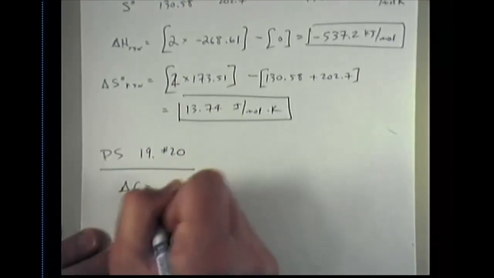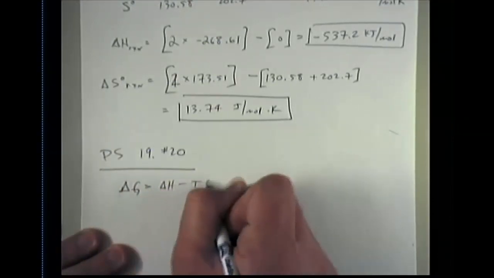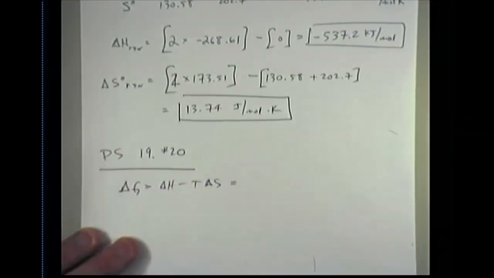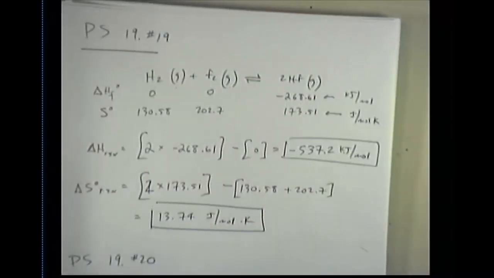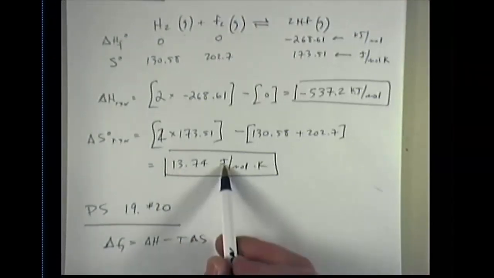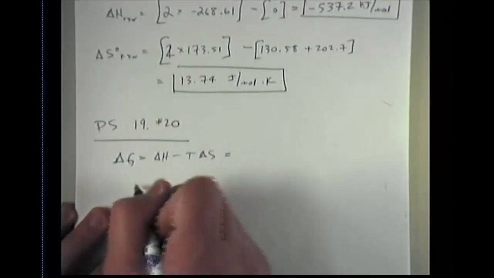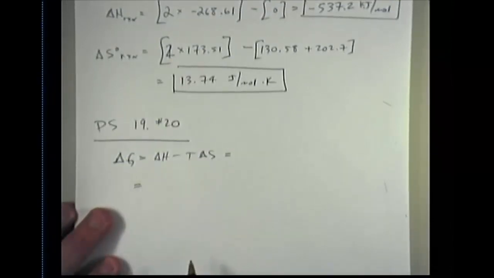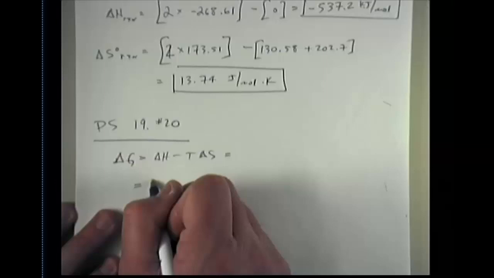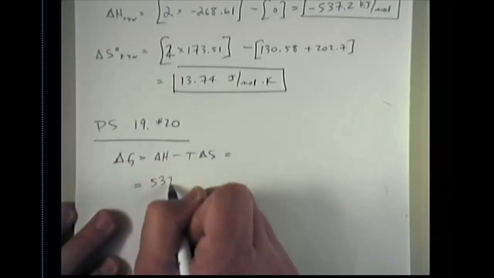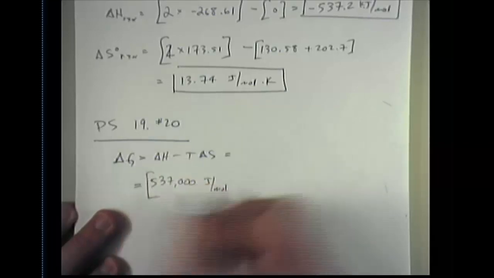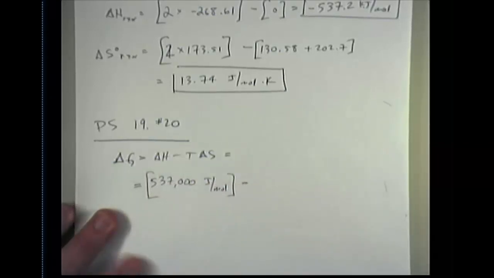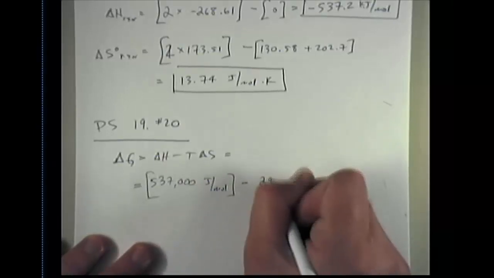You might remember that delta G is equal to delta H minus T delta S. Delta H, of course, as we calculated previously, is in units of kilojoules per mole, while delta S is in units of joules per mole Kelvin. We have to reconcile that by converting our delta H to units of joules per mole. Thus, that is going to be equal to 537,000 joules per mole. That is my delta H value, and I subtract from that temperature, which is going to be 298 Kelvin,